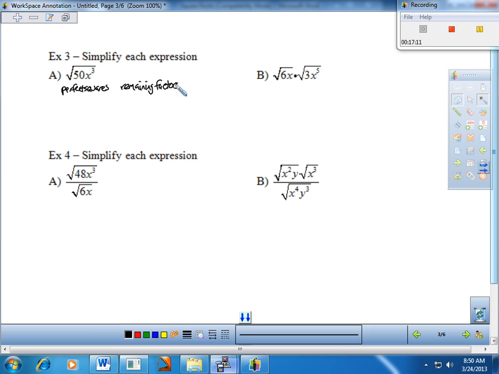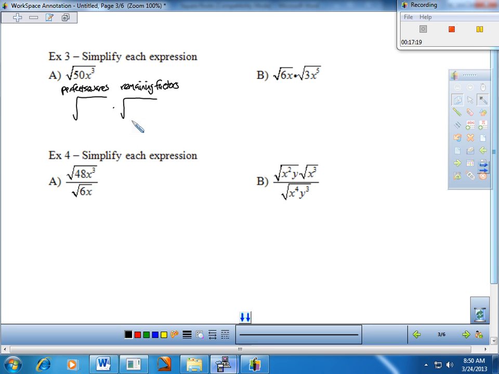And that works because of the product property. So I'm going to write this as a product of this root times this root. It just so happens I'm going to be selective about it. All the perfect squares are going to go in here, and all the remaining factors are going to go in here. And so as I look at 50, well, we all know, of course, we can break down 50 into